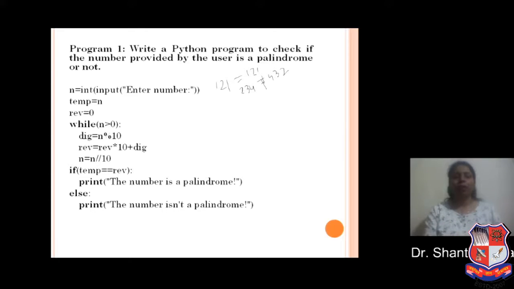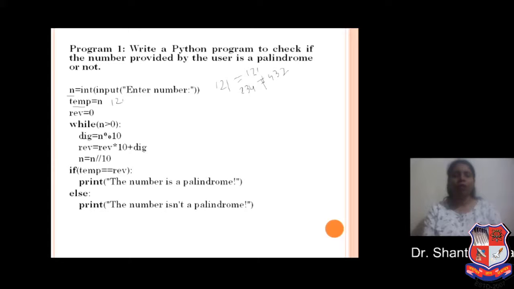For programming this, let's first take an input number from the user. Let n be a variable and we input a number from the user. First, we store that number in a temporary variable temp. So if the number is 121, then temp is 121.